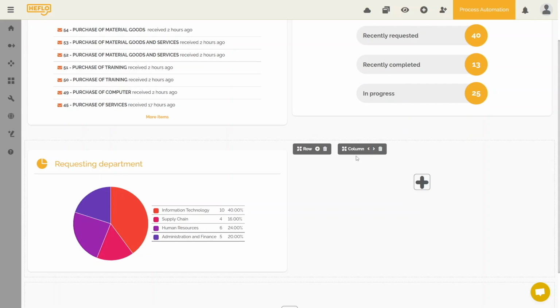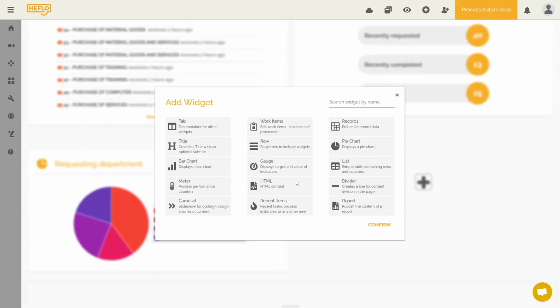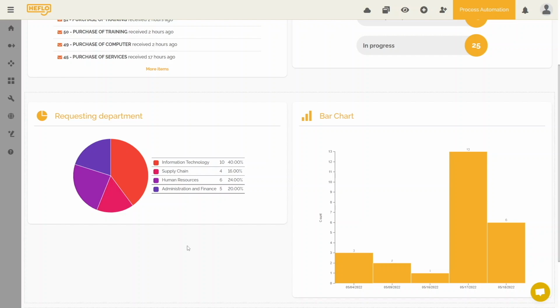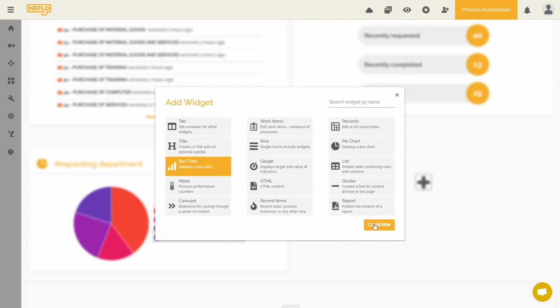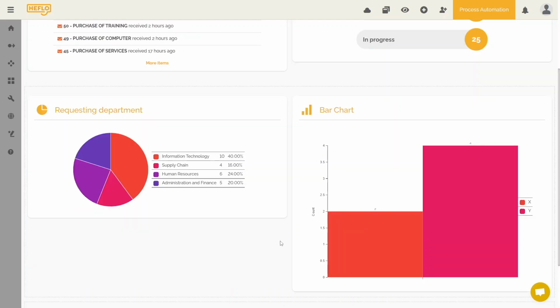The other widely used chart widget is the bar chart. The bar chart is also a very traditional chart which has the same idea as the pie chart, showing the values of an argument, but it is displayed on an XY axis. We typically use the bar chart to determine time frames, but you can use it in other ways as well. In our case, we will create a bar chart displaying the requests initiated by date.